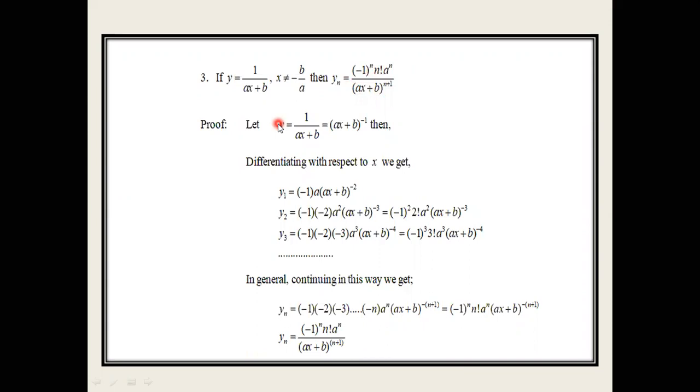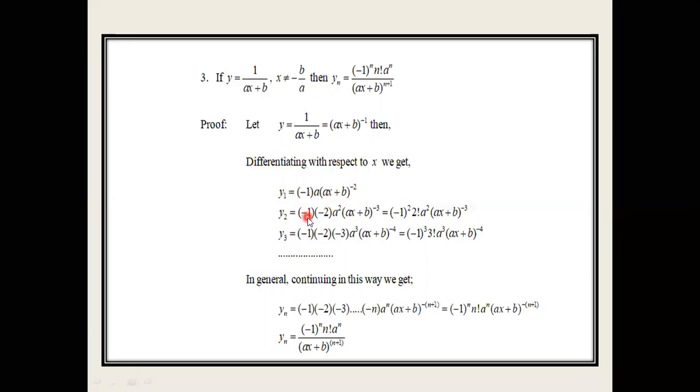So when you see the function, it is y is equal to 1 upon ax plus b. This is our given function. Now when you simplify the term, it becomes (ax plus b) raised to power minus 1. Then we have to differentiate this function with respect to x n times, because here we have to find the nth derivative. So we get the first derivative of this function. So y का derivative y1 is equal to पावर में -1 है तो -1 सामने आएगा, (ax plus b) power -1 becomes -2 and derivative of this function is a, so we get finally -1 into a into (ax plus b) raised to power -2.